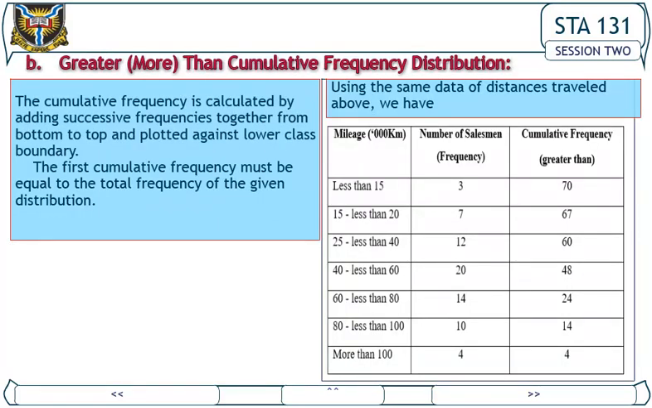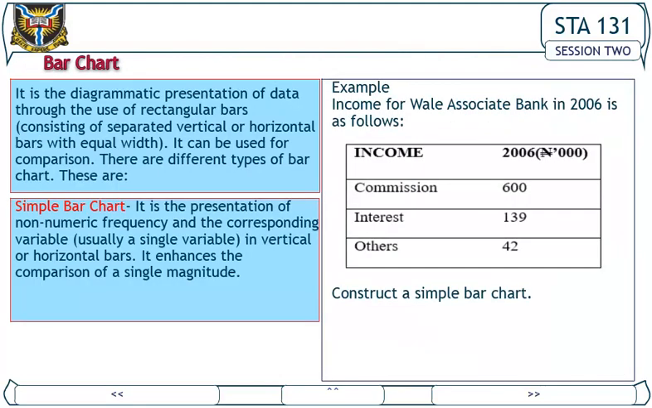Solution: B. Greater than, more than cumulative frequency distribution. The cumulative frequency is calculated by adding successive frequencies together from bottom to top and plotted against the lower class boundary. The first cumulative frequency must be equal to the total frequency of the given distribution. Example: using the same data of distances traveled above, we have